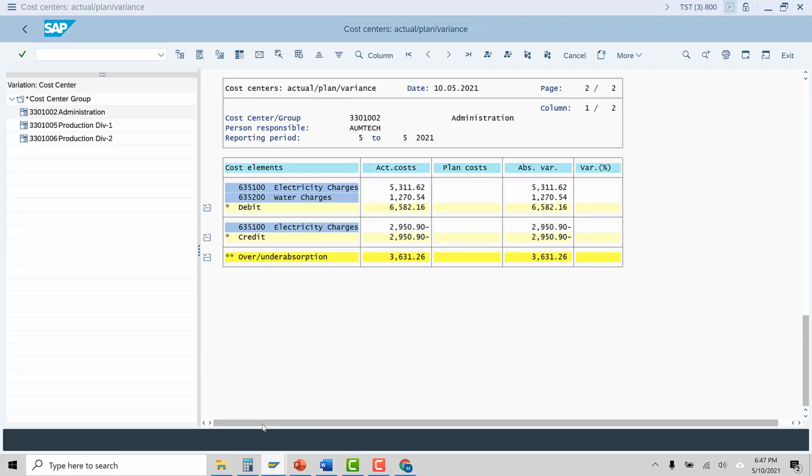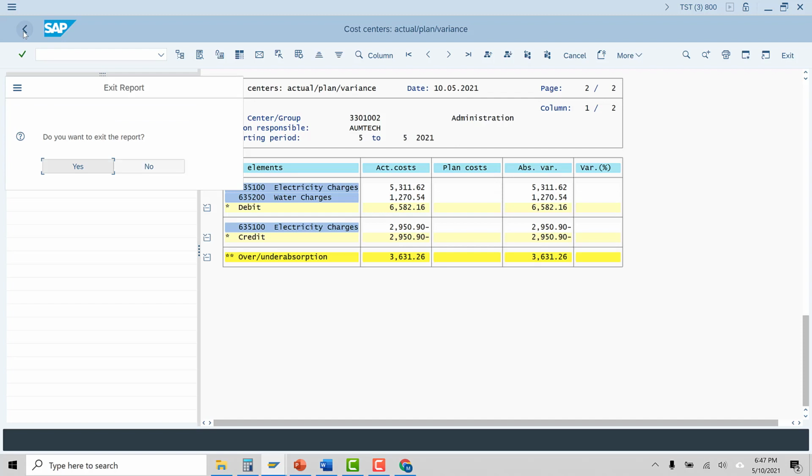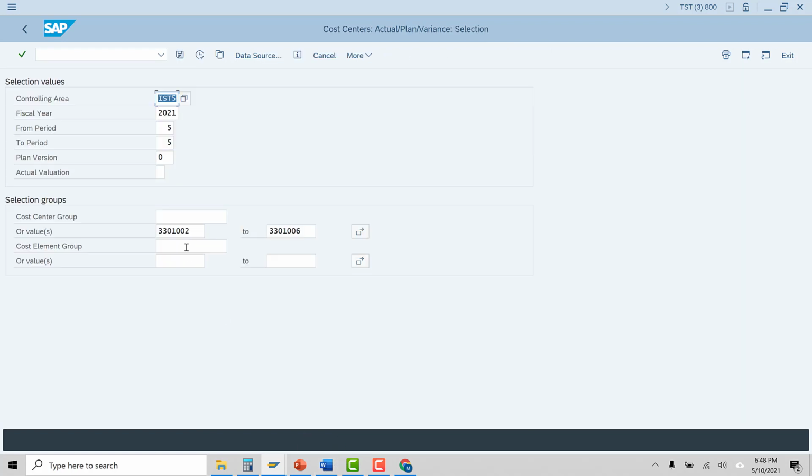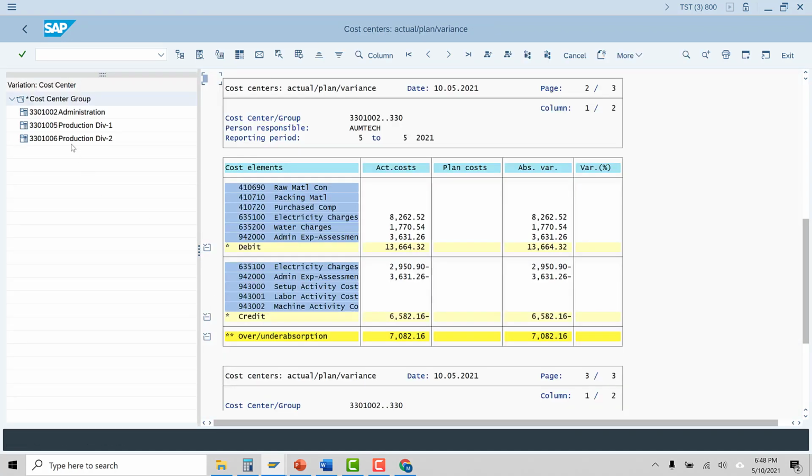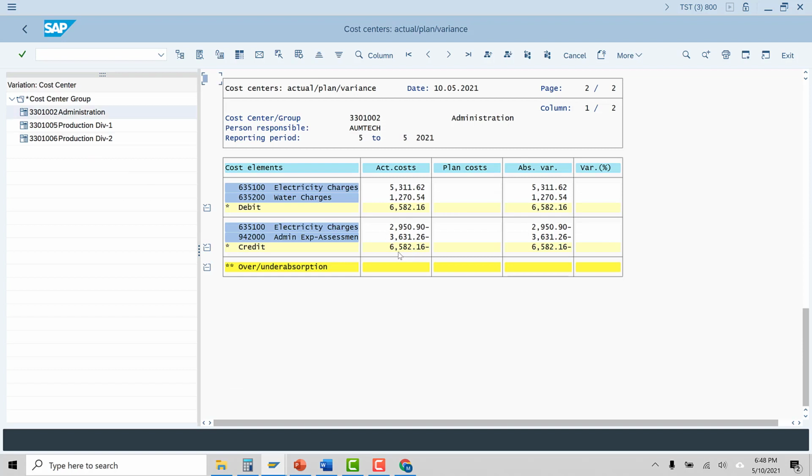Let's go to the cost center report. And I will run it for all these three cost centers. So let's see the first cost center, the sending cost center. And you can see the 3631 has been sent.